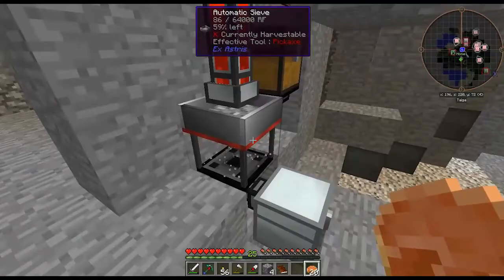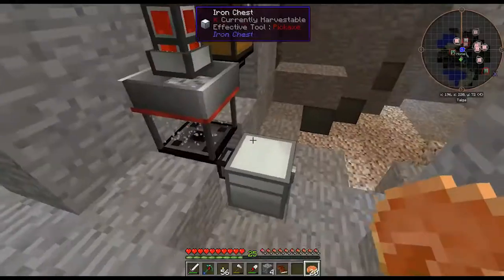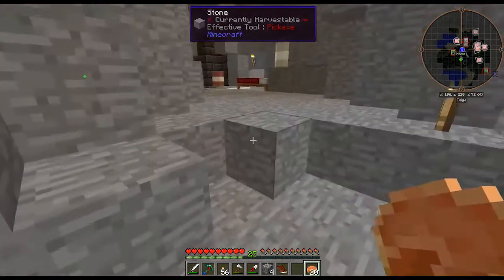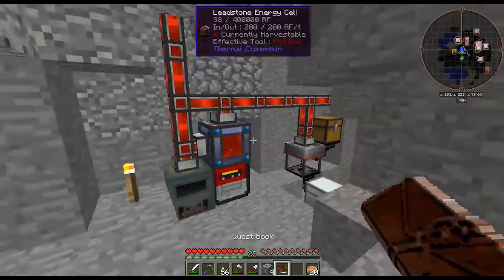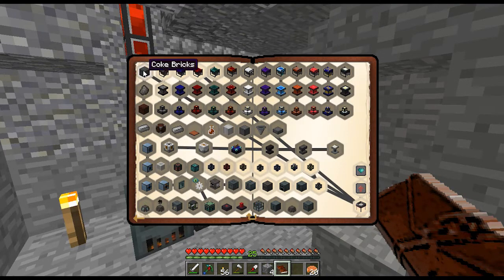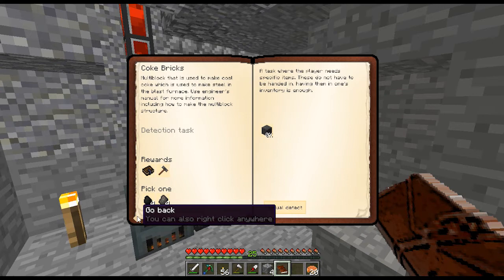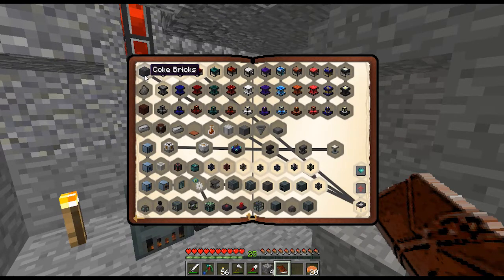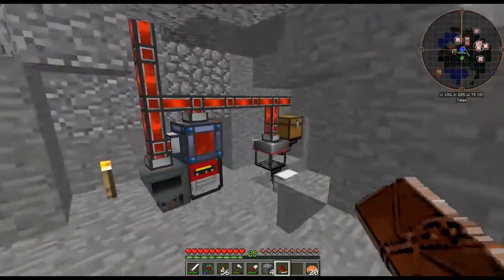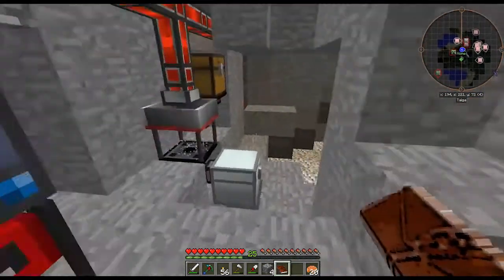Well, the automatic sieve continues to sieve gravel in an attempt to get more diamonds for the diamond chest. I think one of the best things to do right now is to go through Industrial Revolution and start cleaning up the Immersive Engineering section. This involves the mod Immersive Engineering, which is a steampunk type mod that uses several multi-blocks